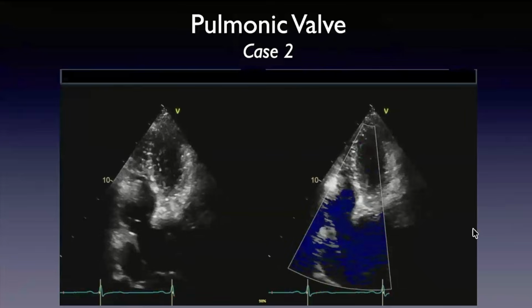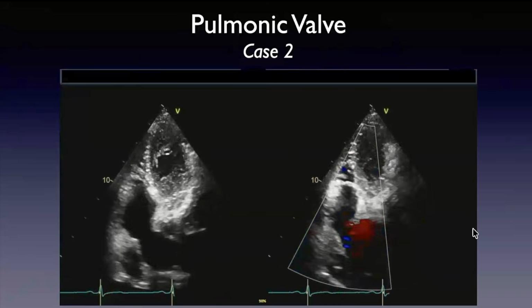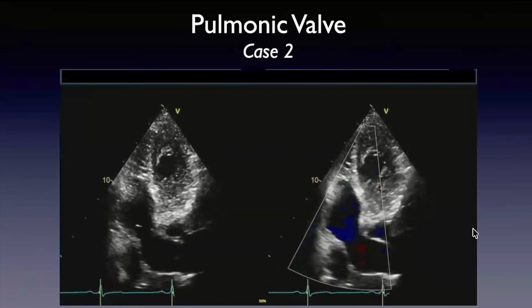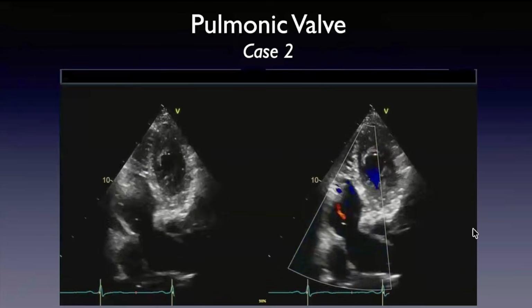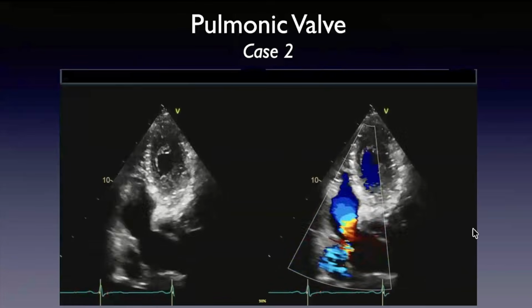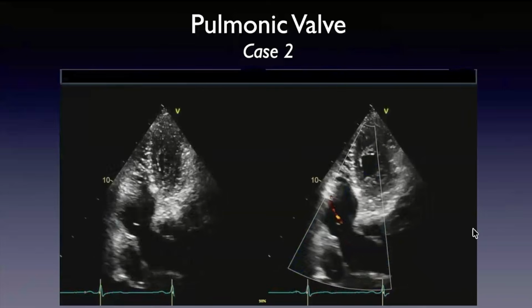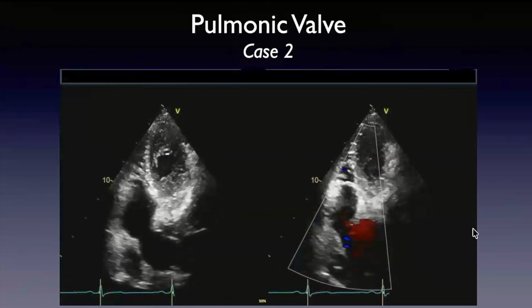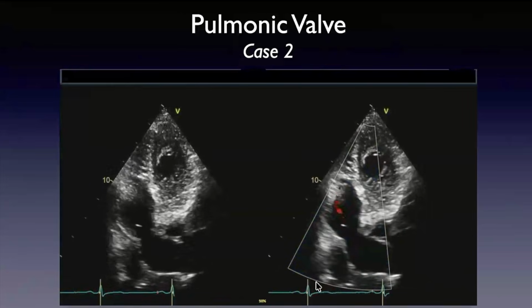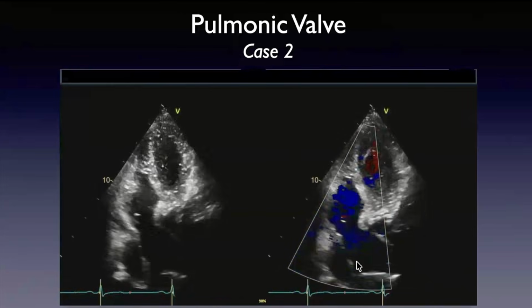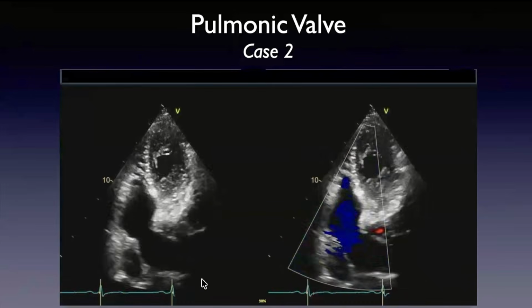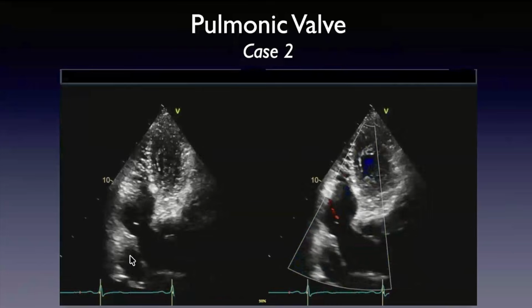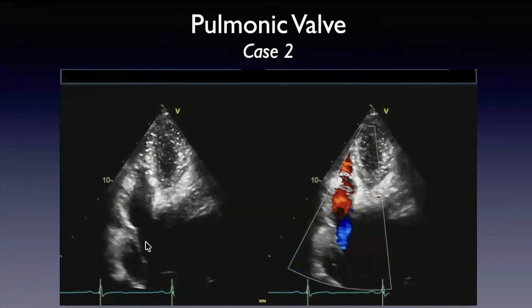So here's the apical view of the pulmonary valve again. Whenever I see the sonographers do this view, it warms my heart, right? Because it's not a standard view, so it shows that they're thinking about how best to interrogate the pulmonic valve. You see this trace PI here, and here the leaflets look fairly mobile,